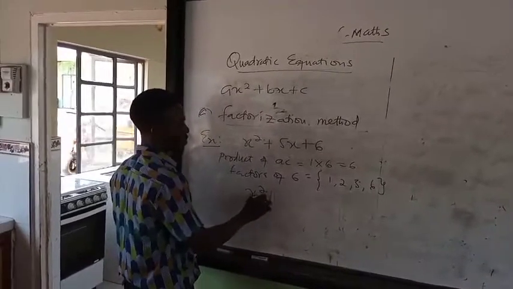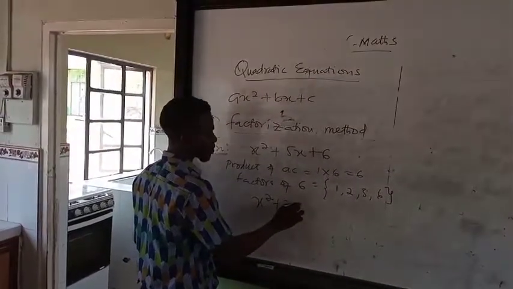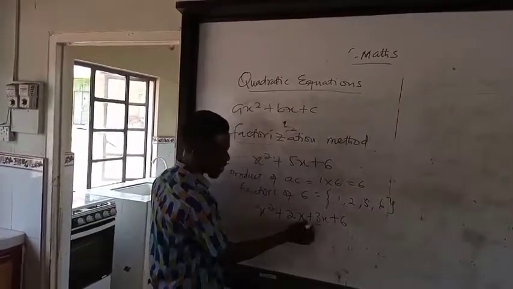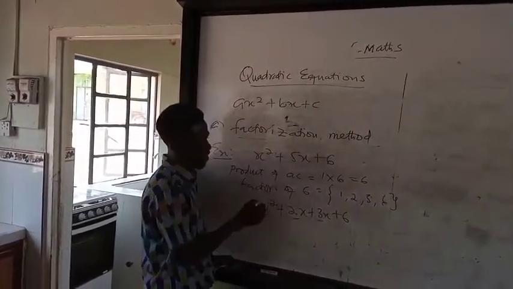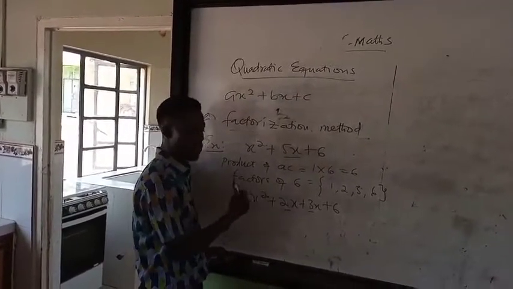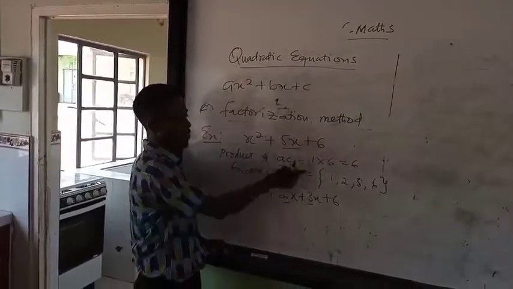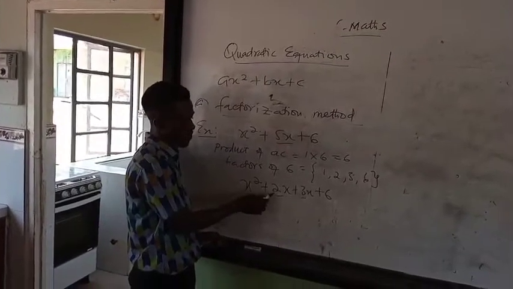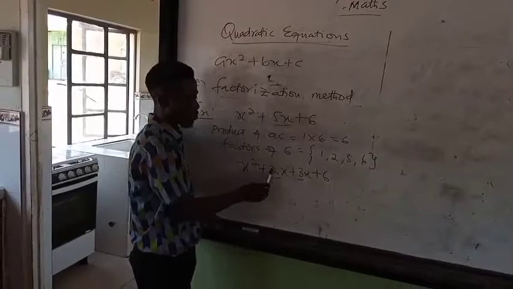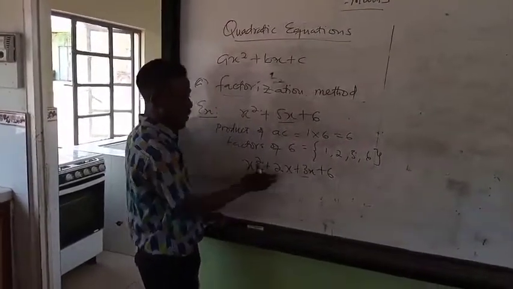X squared plus 2x plus 3x plus 6. Now you can see that 3 plus 2 will give us 5. And 2x plus 3x will give us 5x. You still did not change the question, just that we expanded this. And this thing means that 2 times 3 will give us 6. If 2 times 3 will give us 6, then make sure that 2 plus 3 should also give you 5. And when you're able to do it this way,